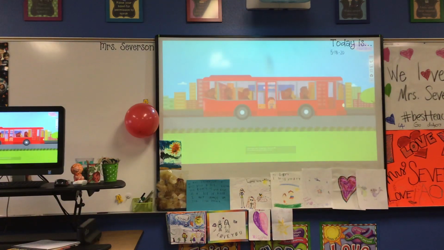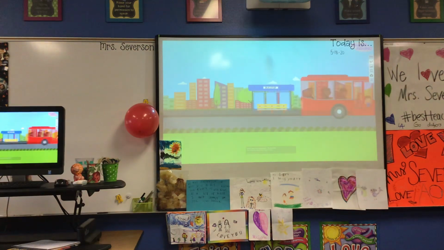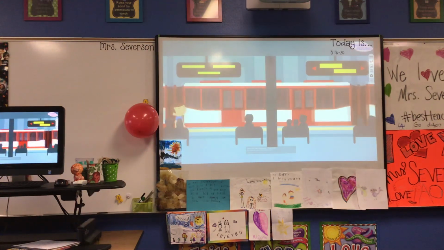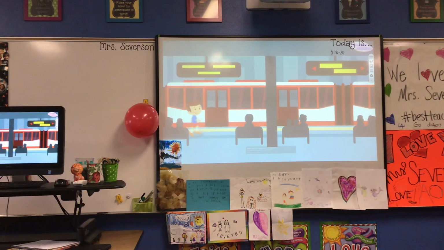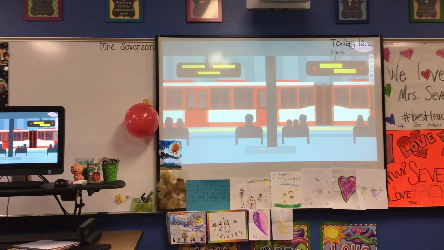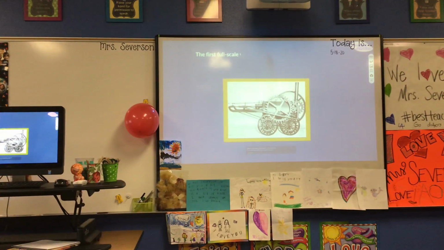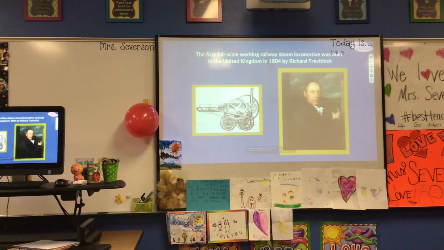Almost all states in a country have their bus services, and thousands of people travel on them. This is a train. Trains carry people over long distances. We go from one state to another in trains. Now some countries are also connected with rail lines. The first full-scale working railway steam locomotive was built in the United Kingdom in 1804 by Richard Trevithick, a British